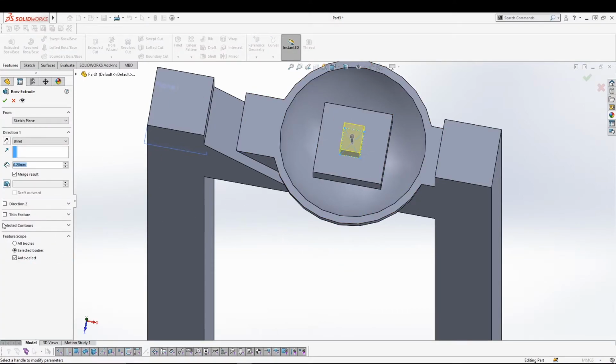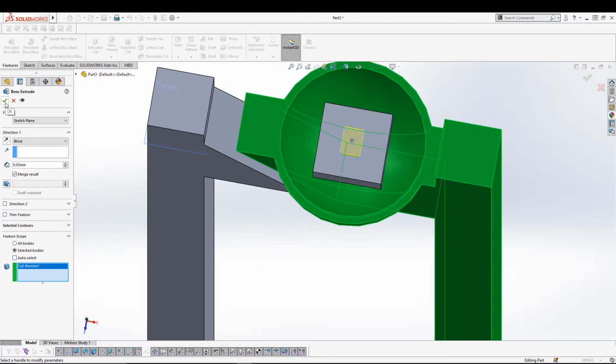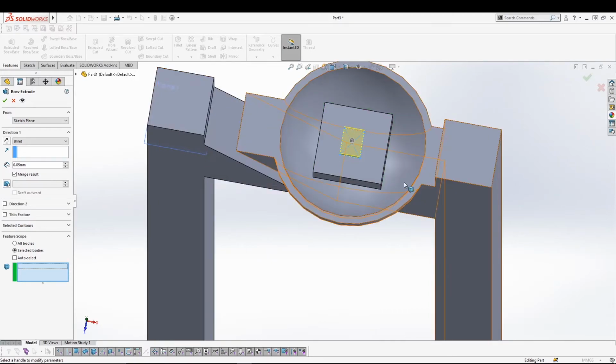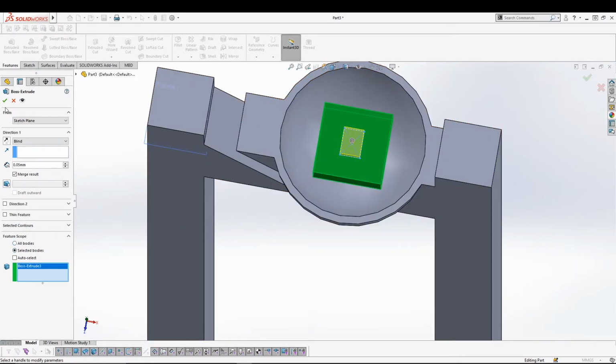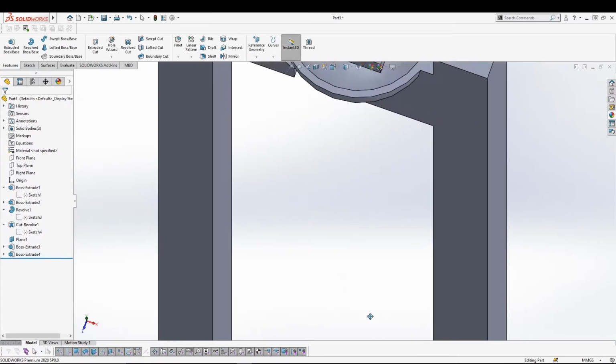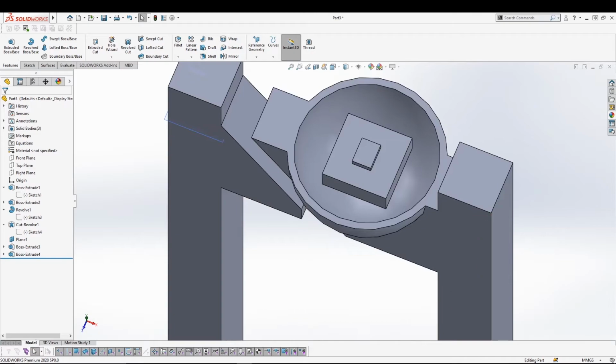Go for extrude boss base, 0.05 mm. Go for select this cut revolve. Instead of selecting cut revolve, I can select this one. Okay, right. Now after this we need to give the filament of the LED bulb,